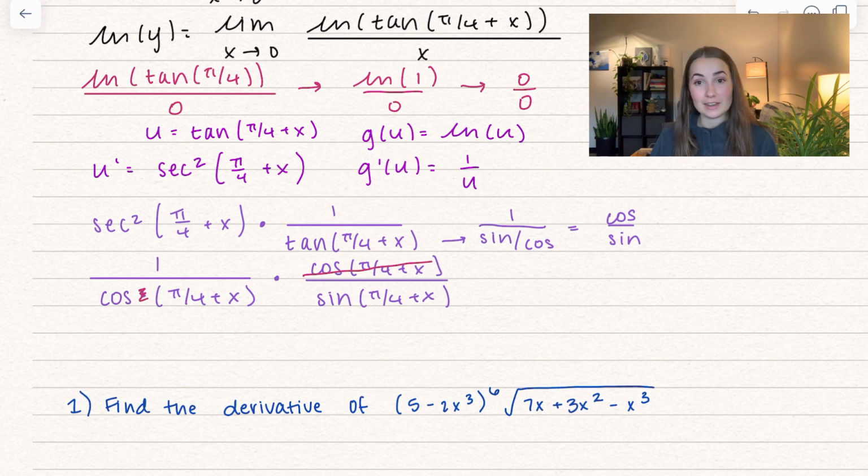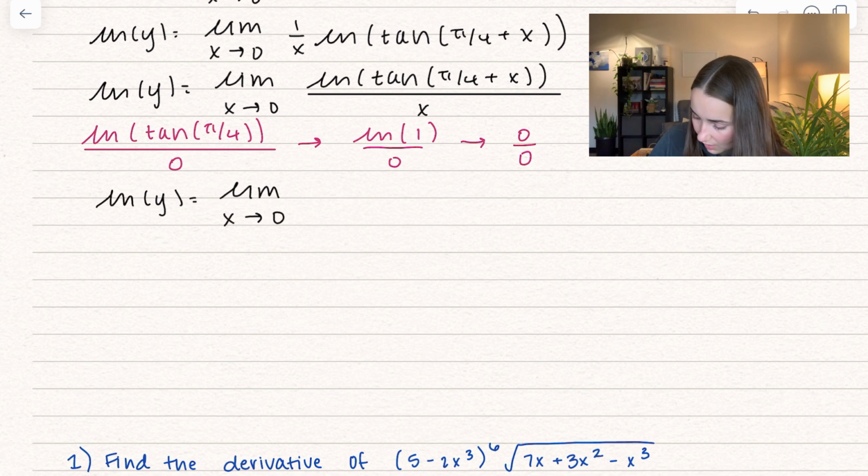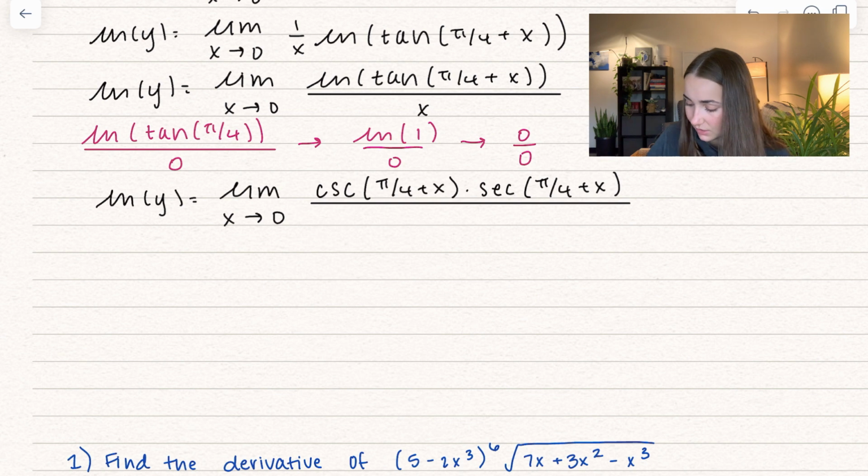So I'm going to go ahead and erase all this and rewrite it back in the limit. So in the numerator, we got 1 over sine and 1 over cosine, which I can just rewrite as cosecant times secant. And the derivative of the denominator now is going to be the derivative of x, which is just 1. So if you don't like cosecant and secant, you can rewrite that in terms of sine and cosine. But now that we have this nice and simplified out, we're going to go ahead and try plugging in that limit value again. So when we plug in 0, we get,